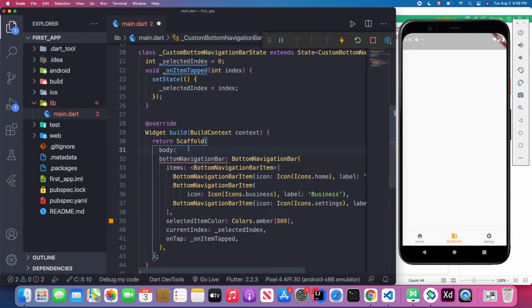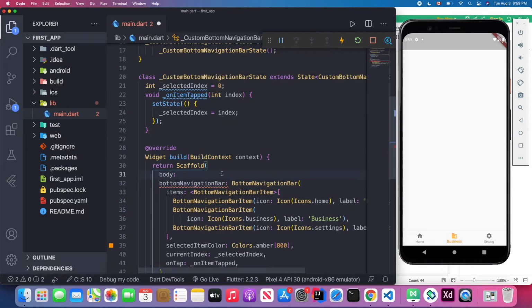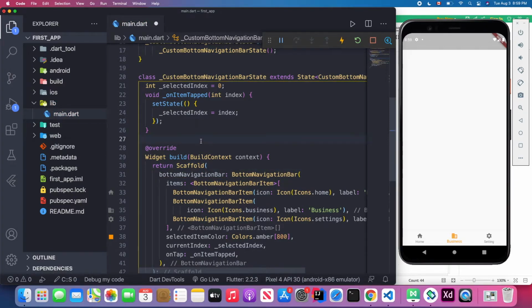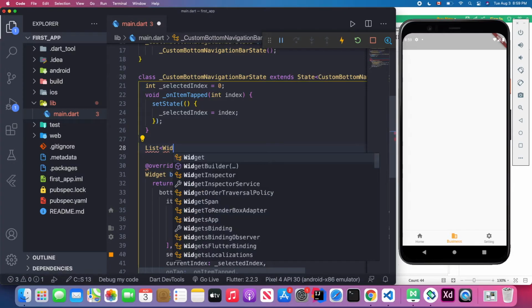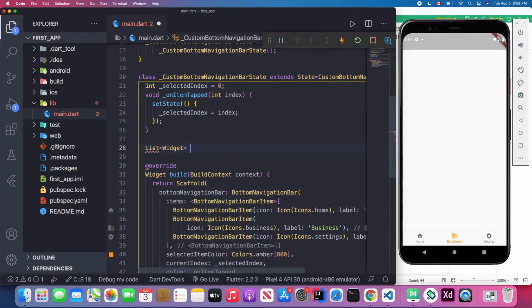Inside this body attribute we can pass a widget, right? Remember? So outside here, first I remove it, and outside I will declare a list of widgets, and I will call it page, and